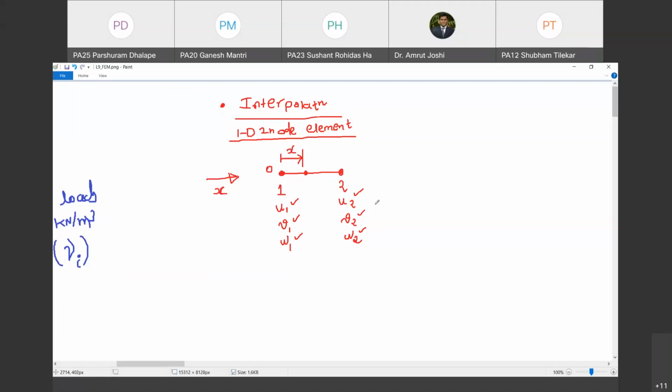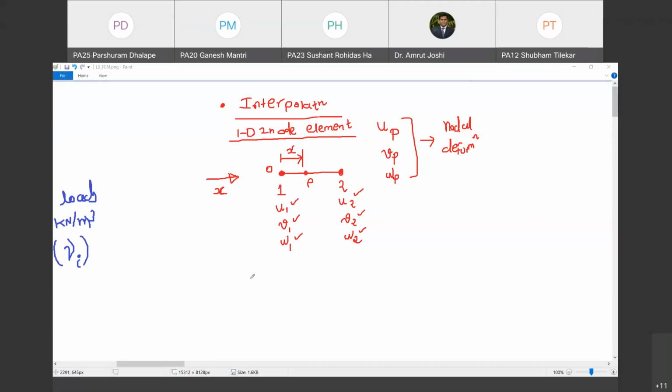So the point at distance x to the right of the first node, I will call that point p, and I am interested in finding out what is the x directional deformation of p, y directional deformation at p and z directional deformation at p in terms of u1, v1, w1, u2, v2, w2. Are you with me? In terms of nodal displacements or nodal deformations. Happy? Are you with me? Type your response in chat box.